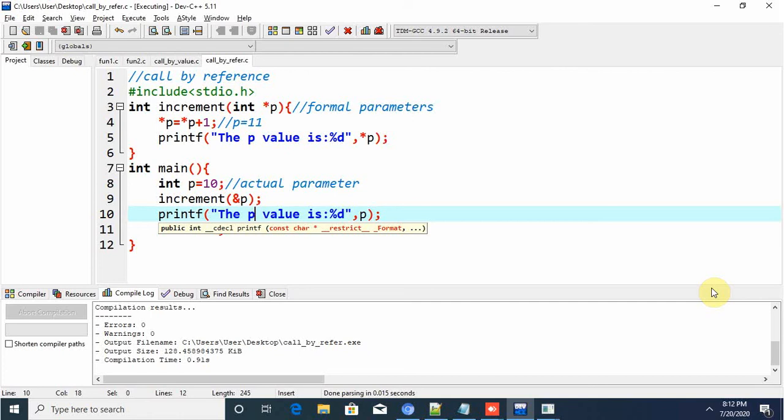Always all the variables will have an address. In the scanf statement I told you already, the address will be there. So if we point out the address, that is the pointers concept actually.